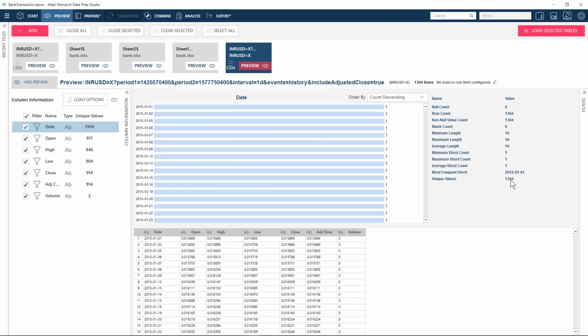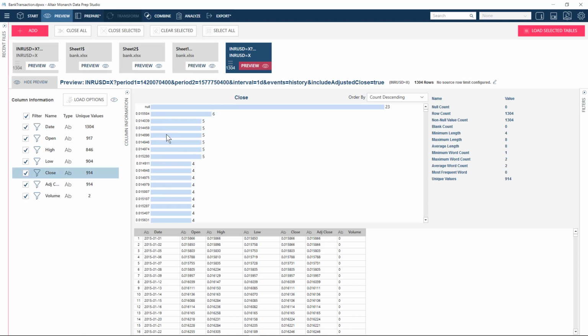and we can click on the close column and it'll show the statistics for that column and the distribution of it. And we see the unique row count is 1304. Now we don't require all the columns there,